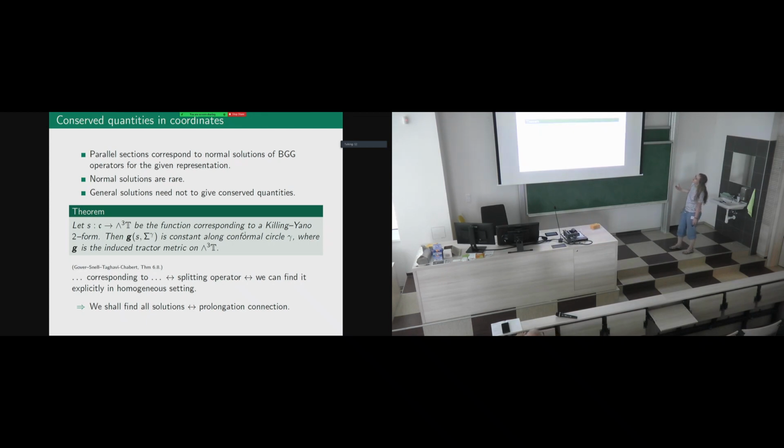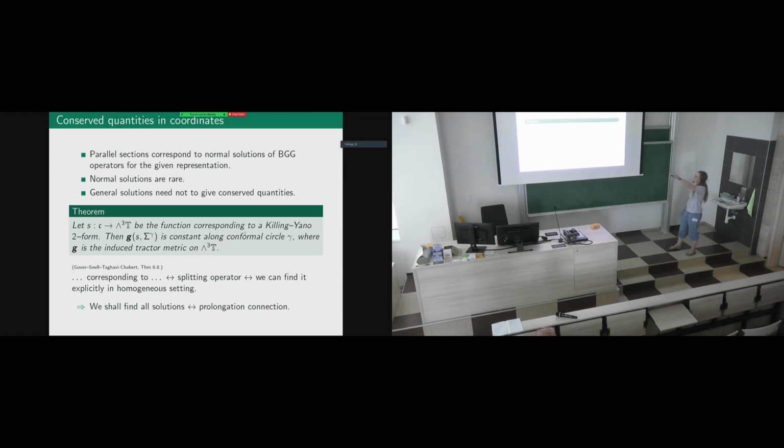But normal solutions are rare, and general solutions need not give conserved quantities. But there is an observation of Gover, Snell, Tagavi, Schaber, which is pretty general, but not that possible to use directly. But if we reformulate it for homogeneous geometries described in our C coordinates, we can easily say that